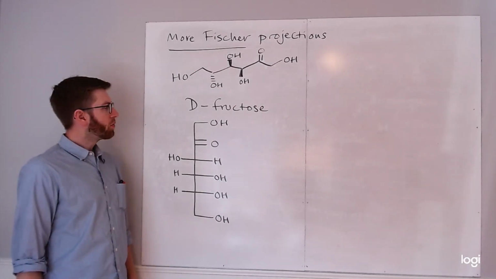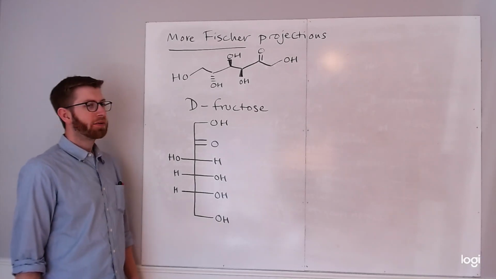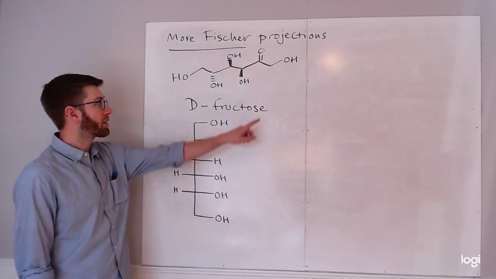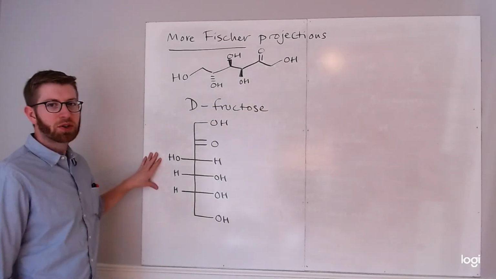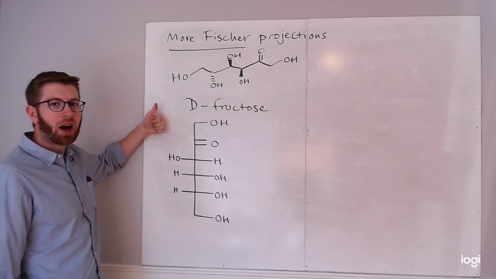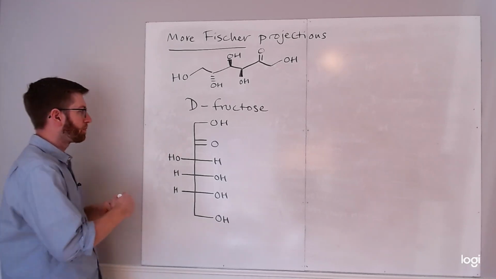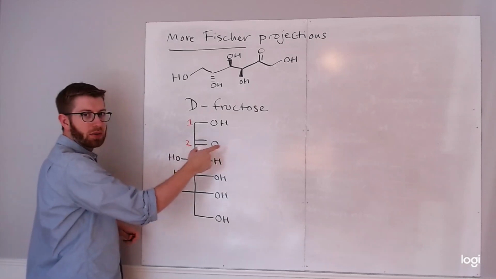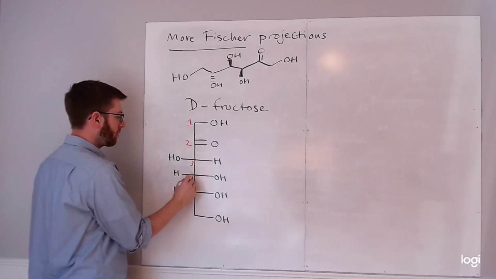Okay, so we are now looking at D-fructose. So this is a different kind of a sugar. It's a hexose, but now it's a ketohexose. So we've got a C2 ketone. And so one of the things you'll notice in the Fischer projection is that you're going to still orient the carbonyl as close to the top as possible, but now it won't be carbon 1 anymore, it'll be carbon 2. So we'll put our numbers in, carbon 1, carbon 2 we know is associated with the carbonyl here, 3, 4,